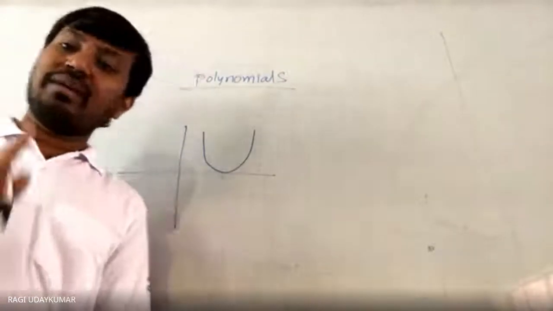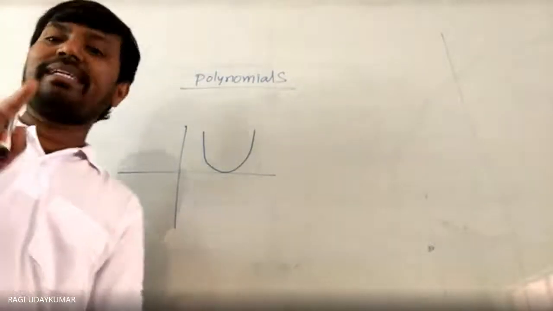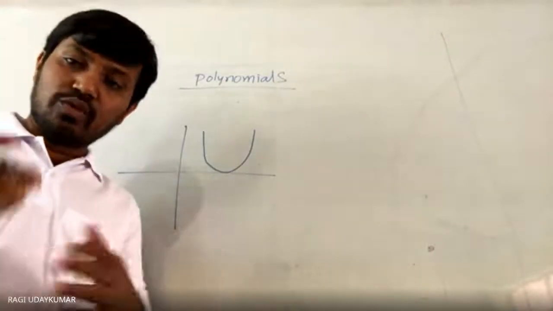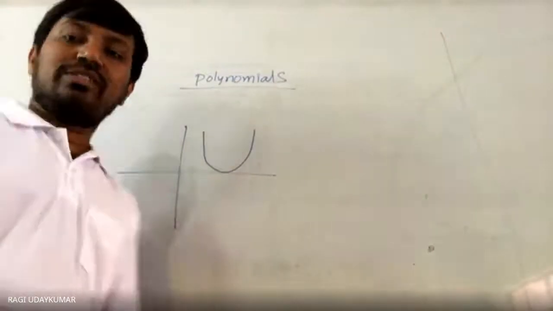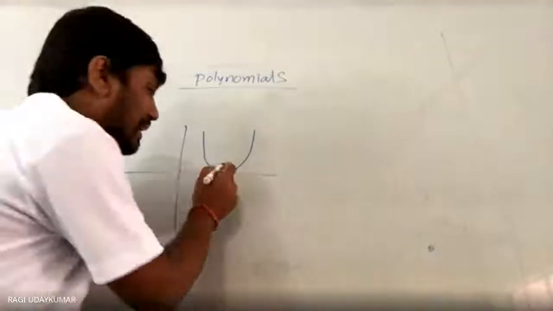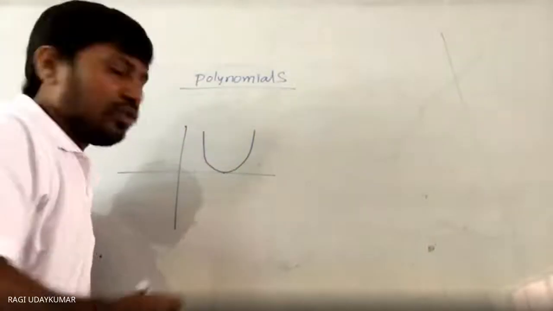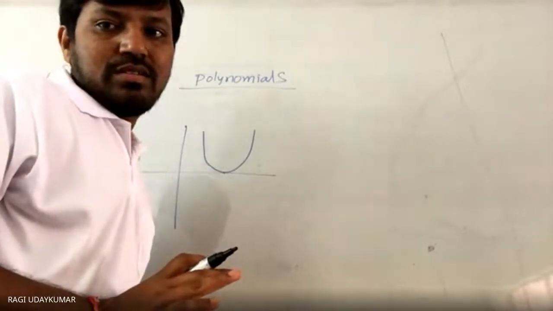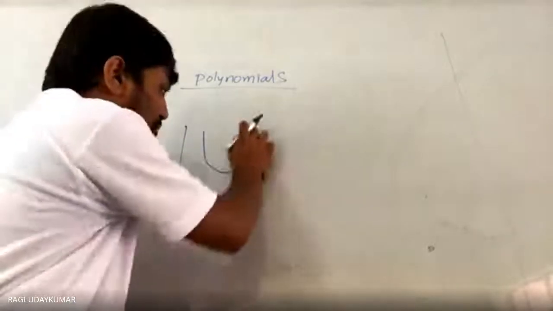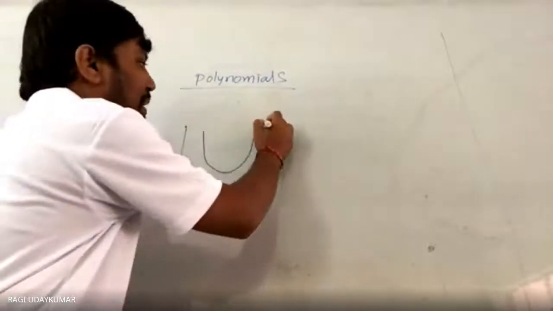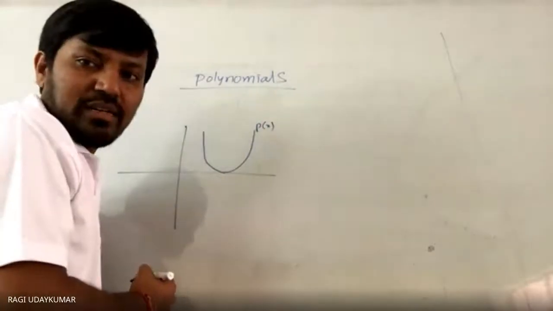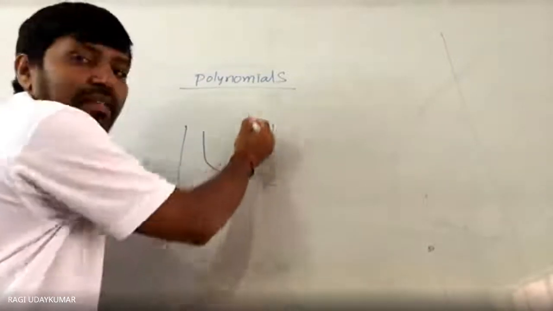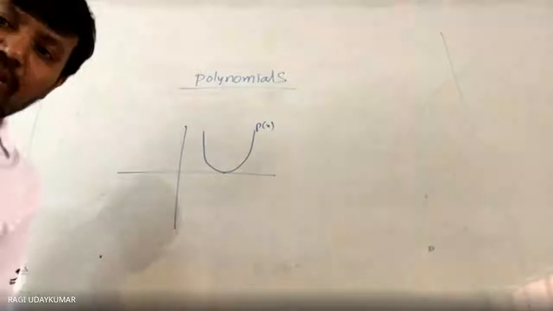Some polynomials are quadratic polynomials but have repeated zeros. Two same zeros you are going to get at the same point. Where the graph is touching is called a zero of this particular polynomial, p of x. If you get a shape like this, it is called a parabola.